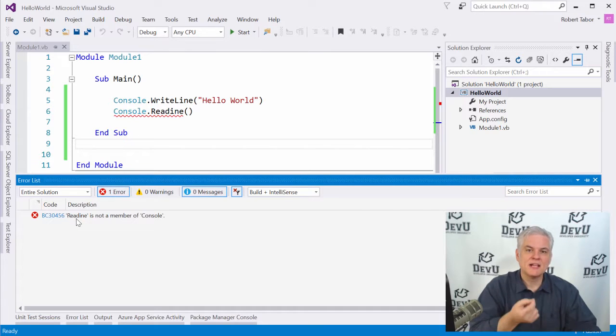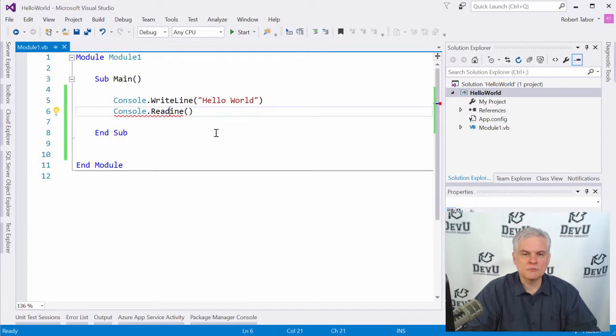Now, admittedly, since we don't know Visual Basic very well at this point, the messages are not as helpful. But the fact that the error is happening on this line means that we can take a moment and really try to investigate what the problem is. In this case, if you look at it carefully, you'll notice that I'm missing the L in readline. So precision is extremely important as you're typing code. You have to type exactly what I type in order to get the results that I get. Even if you deviate by one little character, it can unfortunately stop the execution and the compilation of your code. So in this case, we just have to add the L in readline and we're good to go again.